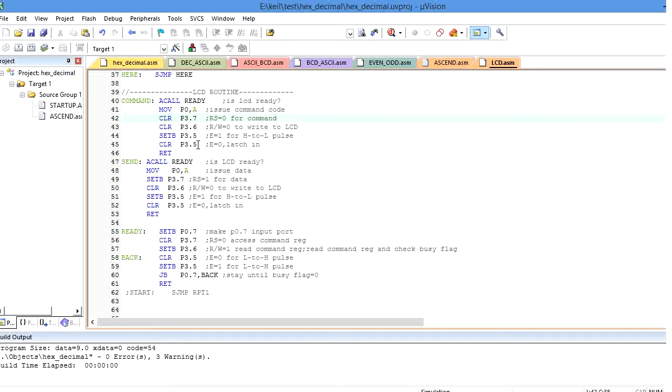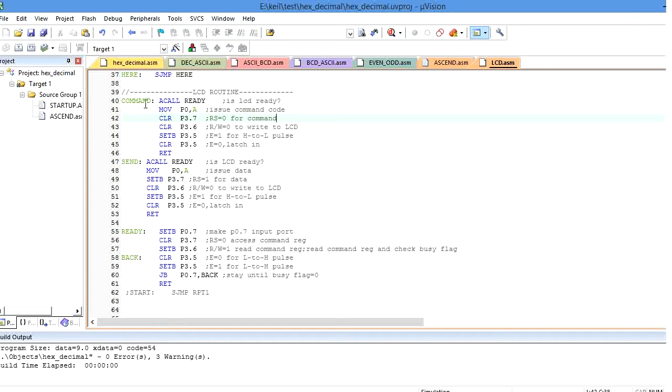So let me explain the programming part here. This is the command function. Whenever the main program calls the command function, the microcontroller is transmitting a command to the LCD device. Let me explain the command function here.